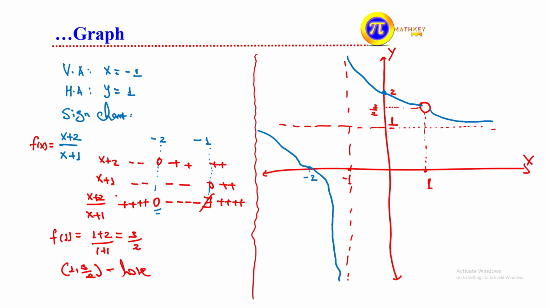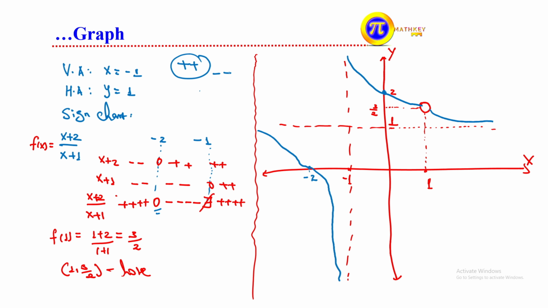We need the vertical asymptote, the horizontal asymptote, and the x and y intercepts at the same time. After finding these, we can apply a sign chart, working on the left side, the right side, and between the two points, to see what property the graph has. When we observe our graph, if it is positive, what does that show? It shows the graph is above the x-axis. When it is 0, y is 0 at that point. Similarly, negative